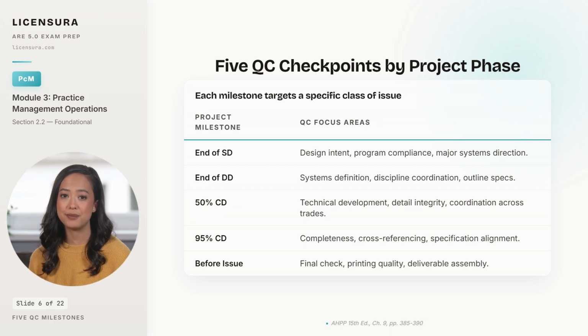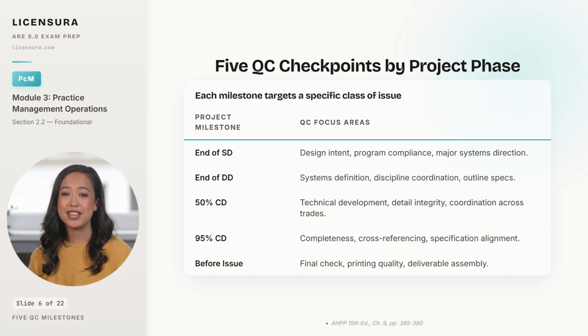End of design development is the second. The focus shifts to systems definition, coordination between disciplines, and the outline specs. 50% CD is the most important review in the entire sequence. Technical development is far enough along to test, but there's still time to fix what's broken without redrawing the whole